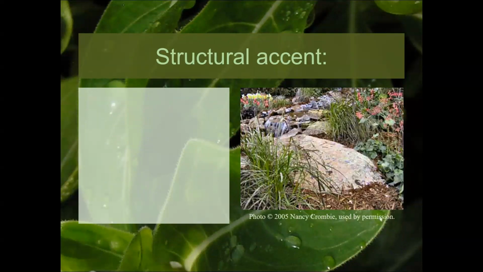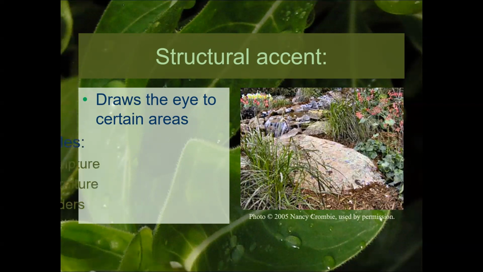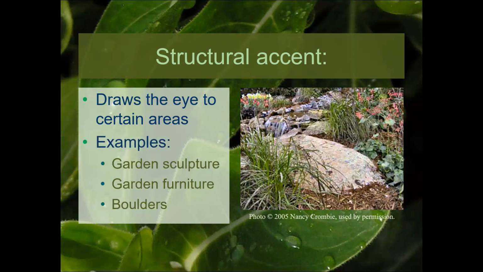Structural accents. These are used to draw the eye to certain areas. So it could be a nice rock outcropping, a good fountain, different types of grasses that go in there. So garden sculptures, garden furniture, boulders, like you can see right here,